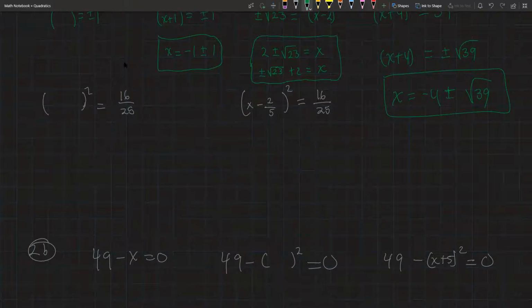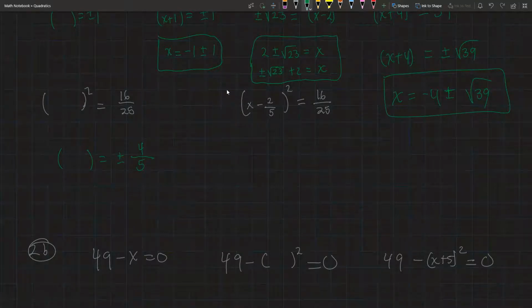This one means something squared equals 16 over 25. We've done things like that, hopefully enough times to be comfortable. We know that something is either a positive or a negative version of the square root of that fraction. And both numerator and denominator are perfect squares. So hopefully you are thinking positive and negative 4 over 5. And we're done with this for now. But look, the